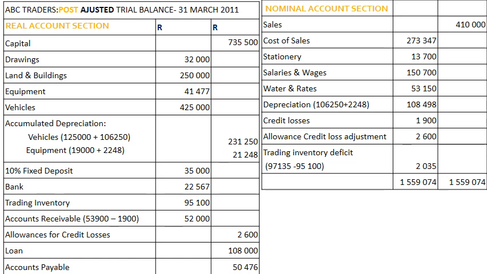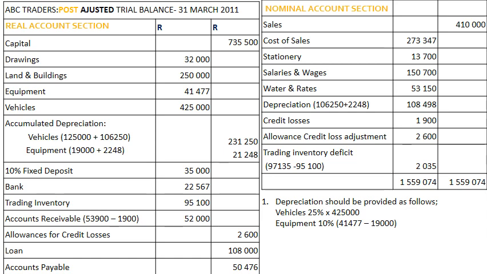Note that the accounts that will change in value are the accounts that were affected by additional information. Therefore, the capital, drawings, land and building, equipment and vehicle will remain the same. The accumulated depreciation totals will change because we are to provide for depreciation at the end of the year as follows. For vehicle, 25% on cost price, which is 25% of 425,000, giving us 106,250, adding it to the opening balance of 125,000 to arrive at a total of